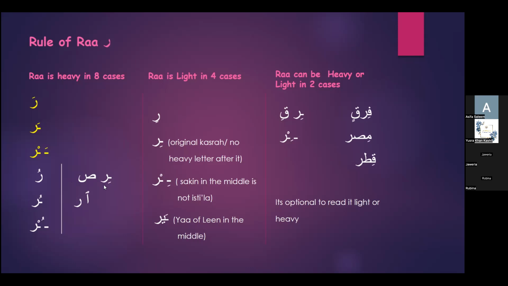Mirsada. We have ra sakina. If you find hamzatul wasl coming before it, automatically now the ra will become heavier, no matter whatever the haraka before it is. Whether you read hamzatul wasl in the word or not, the moment you find ra sakina that has a hamzatul wasl before it in a word, just make the ra sakina heavier now. An example is irji'i,